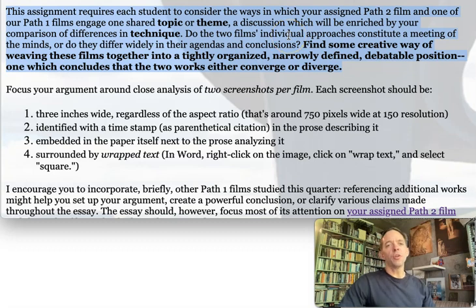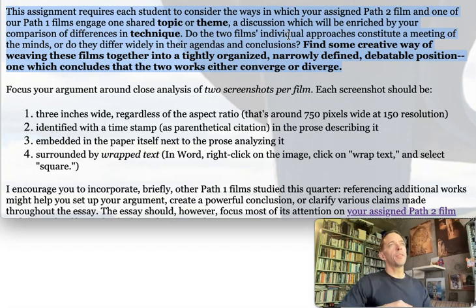The term paper requires you to narrow your focus quickly. This is only a 4 to 5 page paper. So you need to figure out, what issue do I want to address? Maybe my Path 2 film concerns representations of gender that intrigue me, and I want to talk about gender in that and another Path 1 film. Or maybe the portrayal of violence I found particularly moving or poignant. Perhaps there's a commentary here about social climbing, or about representations of certain ethnicities.